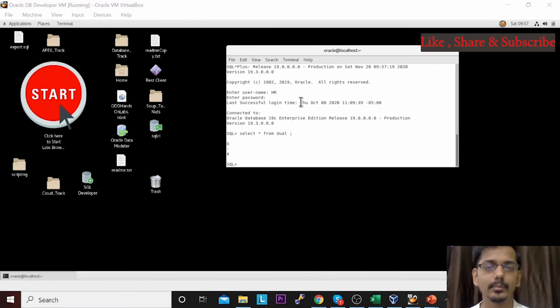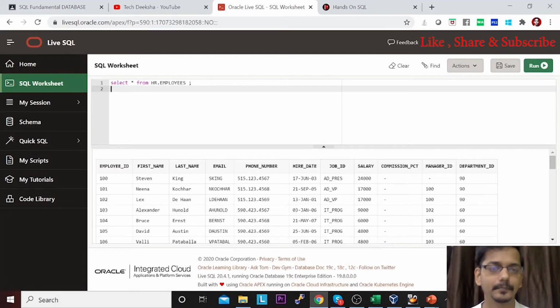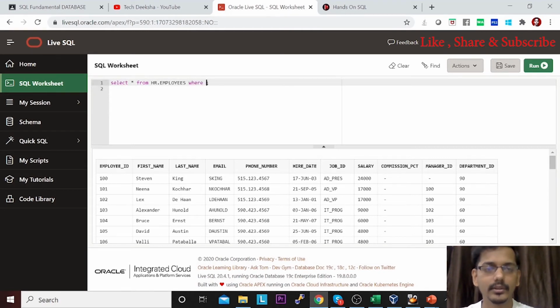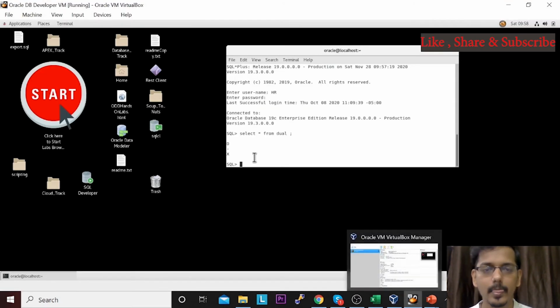Let me write the same query here as well. Wait, let me make some modification in the query, like rownum less than or equal to 5, so that a limited number of records you can see.